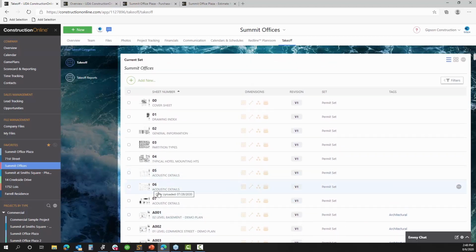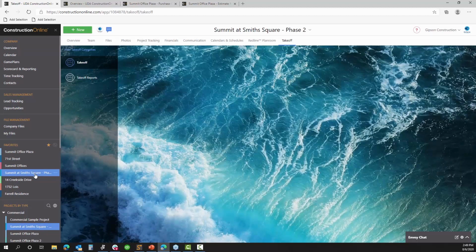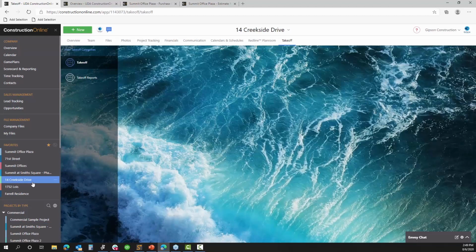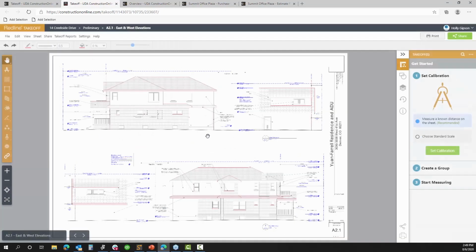Yeah, and the list of standard scales that we've added is fairly extensive. I think we've included over 25 or 30 different scale units and scale measurements and scale ratios, both for architectural scales and for civil scales, which I thought was a very interesting addition. I've worked with a lot of different clients who've been looking at adding or have added the Takeoff tool recently, and this was a fairly popular request because some draftsmen or some designers or some architects might not go the extra mile and actually apply known measurements to the drawing, but I have seen that in almost every case,